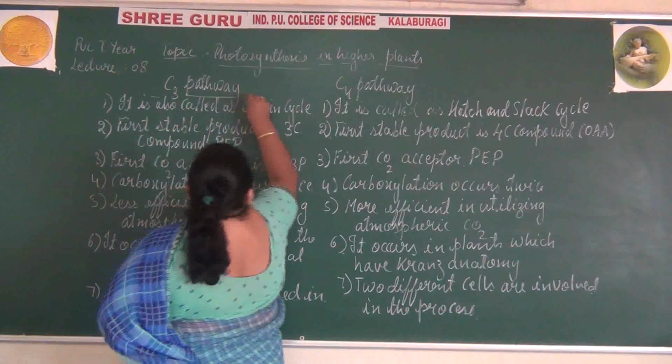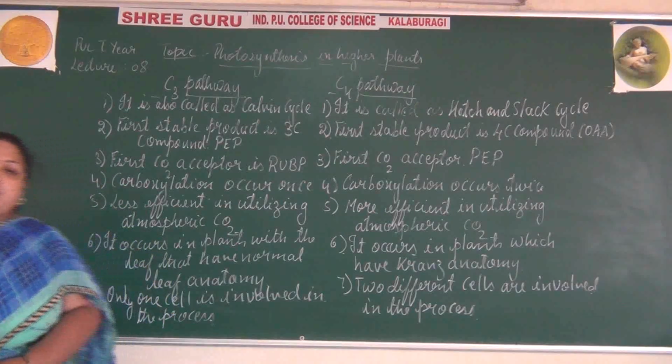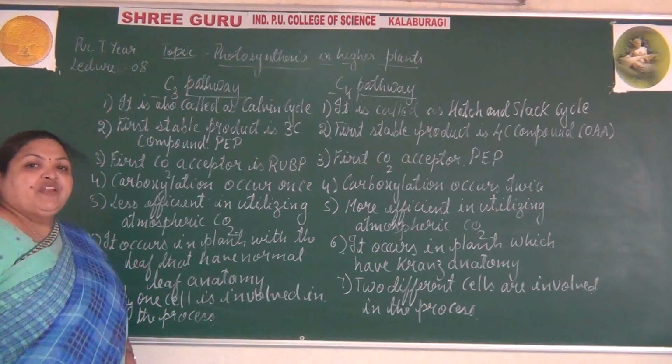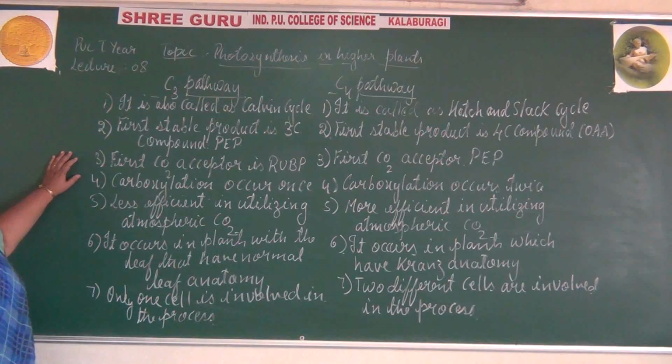So these are some of the differences that are better known to you all to differentiate the C3 and C4 cycles. If you follow these points, you can understand even the C3 cycle. Once again, I would like to repeat it. What are the differences? The C3 cycle is also called the Calvin cycle. Why is it called the Calvin cycle? It was discovered by the scientist Melvin Calvin, and on his contributions to the field of science, the cycle is named the Calvin cycle.